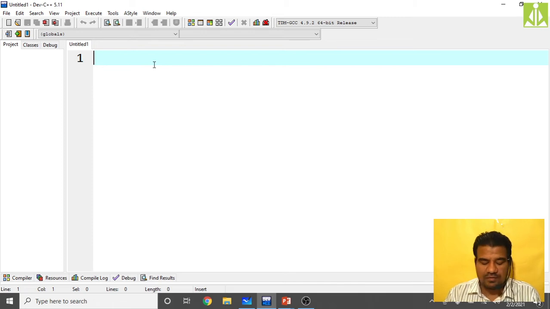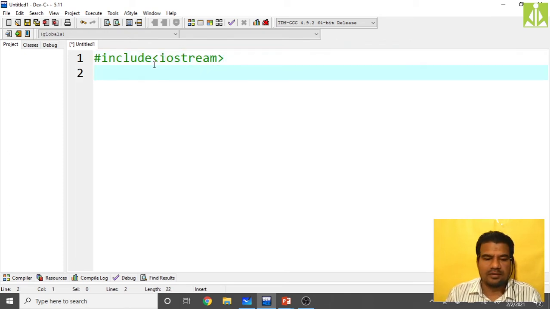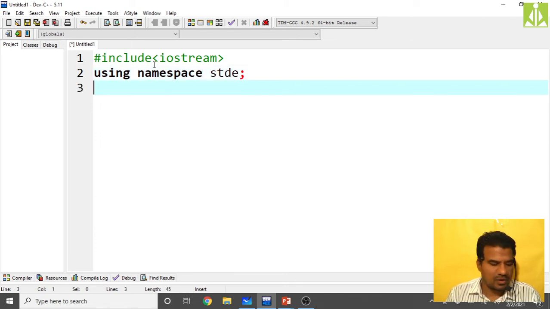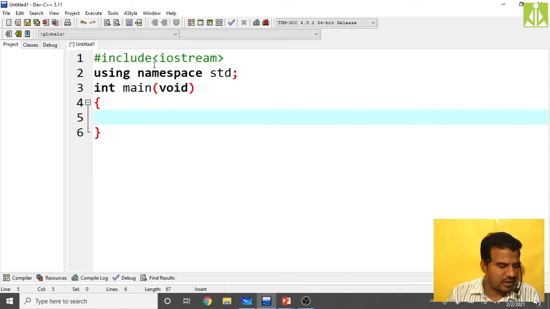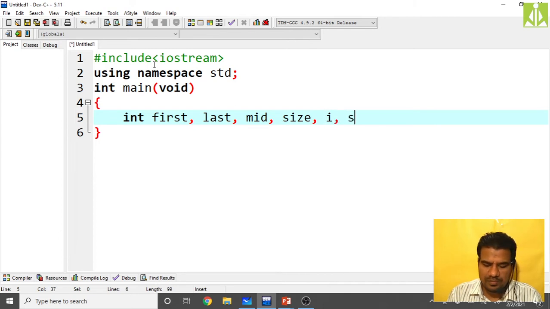First start writing the program: include iostream, then using namespace std, then int main of void. Then I need my first, last, mid, then the size of the list, i to run the loop, and key value to store.